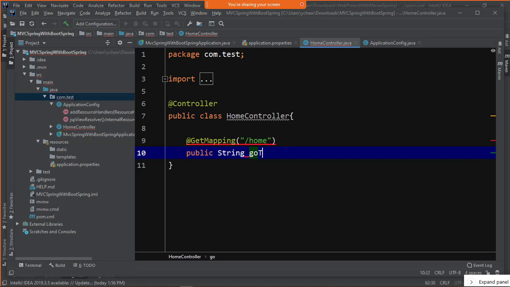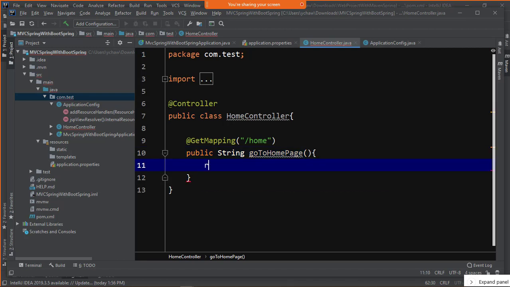The name of the method could be anything. I am saying go to home page. Here I am returning index.jsp, and I can print one message saying we have successfully reached the home controller, so that it helps us once the application runs. This is what it was.